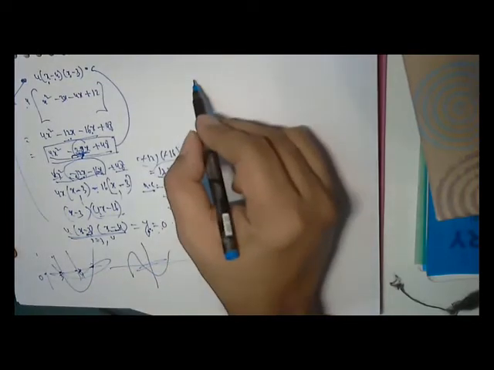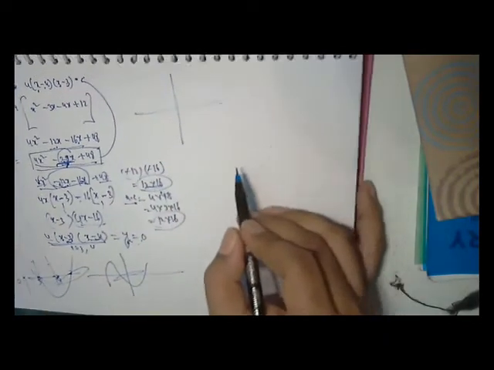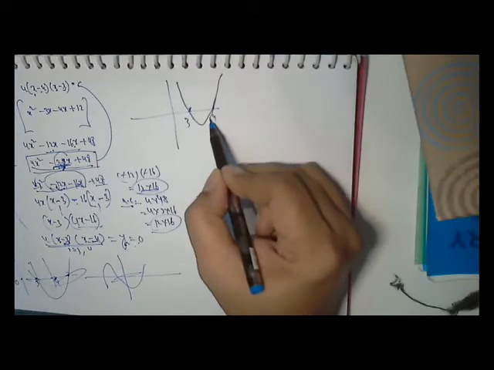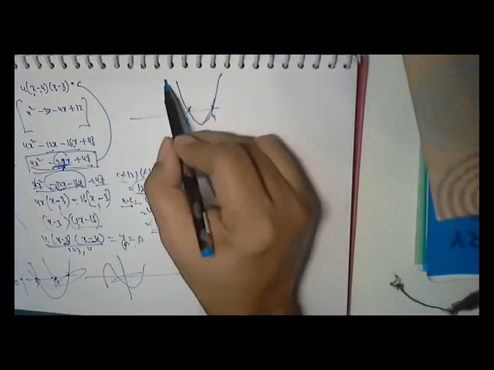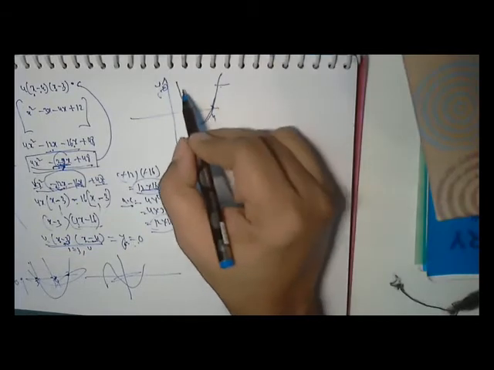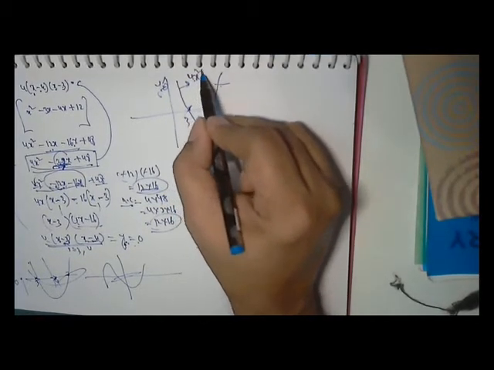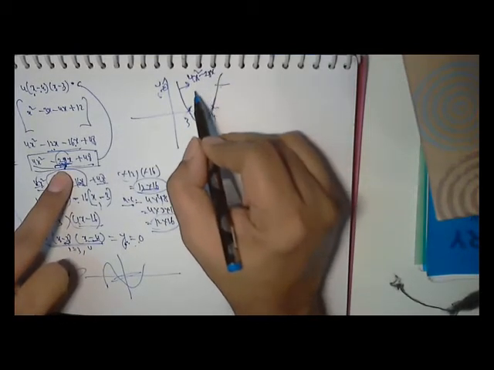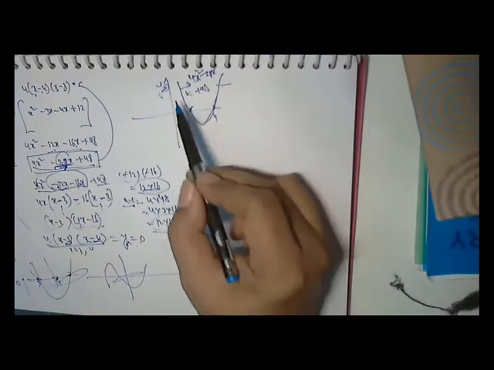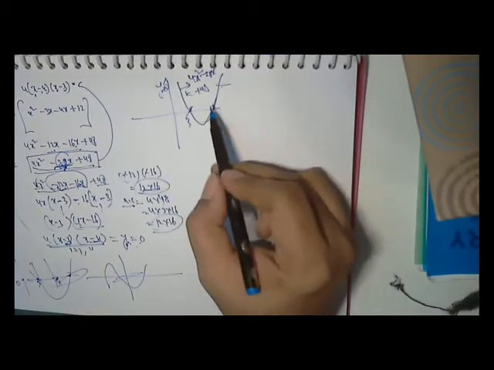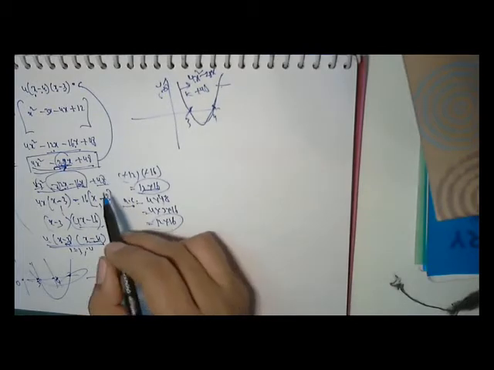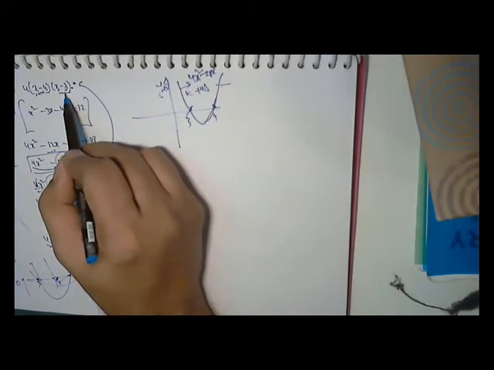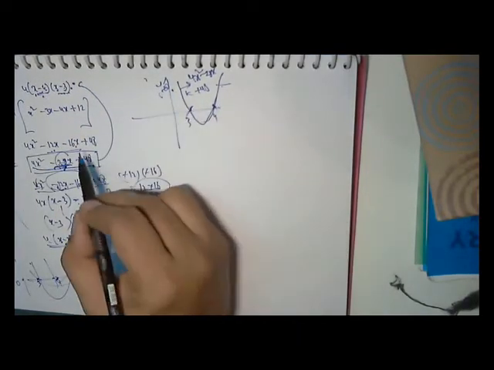So I'll draw this here. This is the expression, this is 3 and this is 4. Then my quadratic equation will be like this. So it is touching at two locations where y is 0. What is this equation? This graph represents 4x square minus 28x plus 48. Y is 0, so these are the two zeros of the equation, roots of the equation. So what I have done here is splitting the quadratic into factors, and from the factors I know which x makes y 0, that is the zero of y. So this is the process.